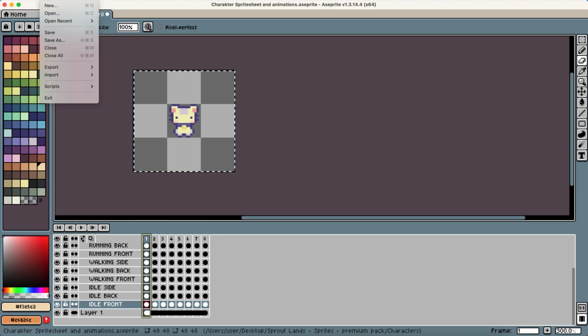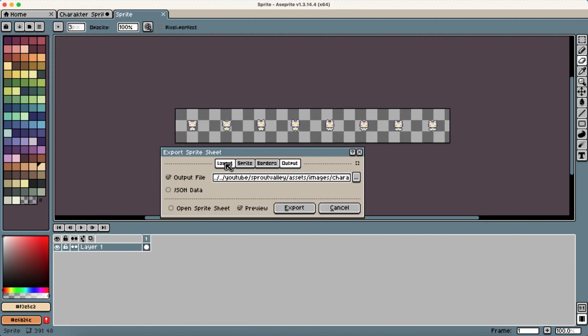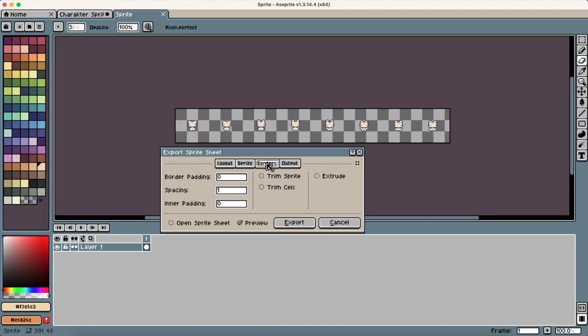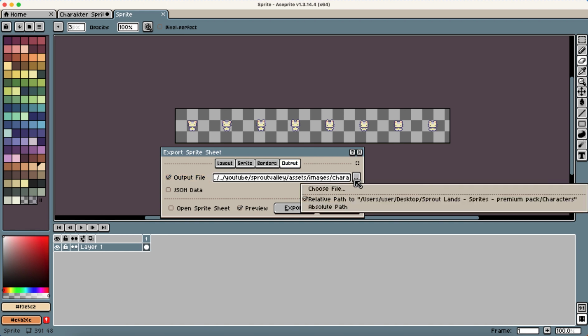and how you export is to choose file and export spreadsheet. Okay, or you can use Command A. And you have to pay attention to this spacing. I always use 1 because in Flutter, I mean in Flutter Flame, this spacing is important. So I'm gonna check the output file and then choose